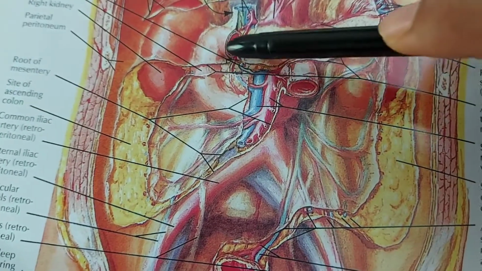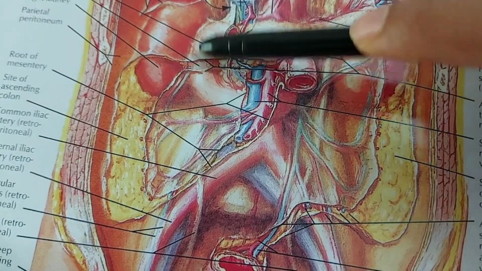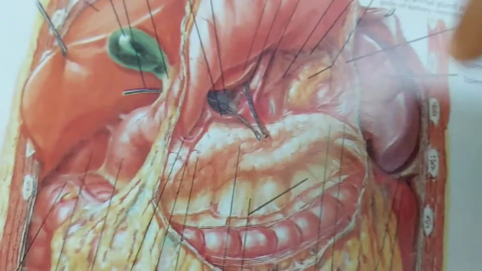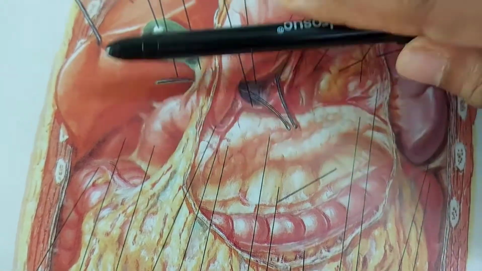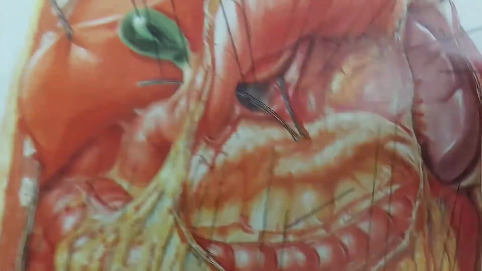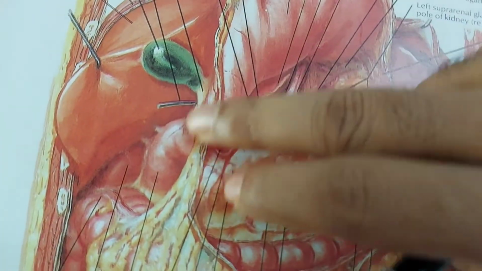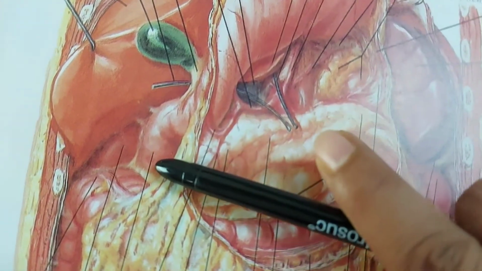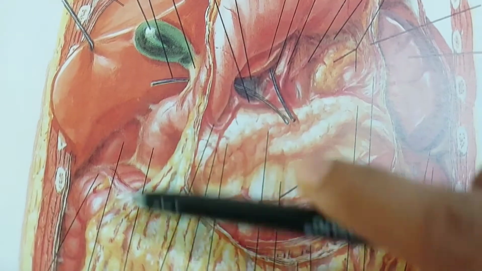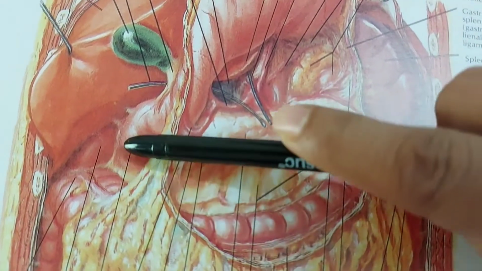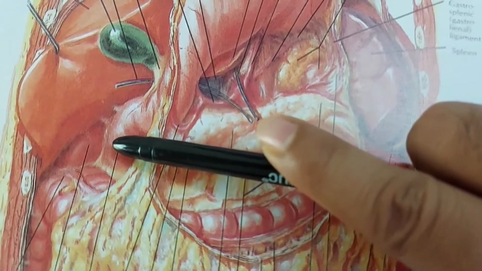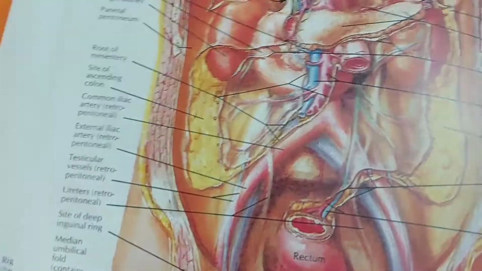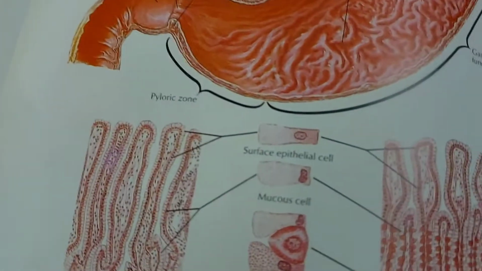Here is the transverse colon. It is anterior to the second part of the duodenum. And here is the liver. If the liver is retracted upward and allowed to settle down, it will remain in this anterior part of the second part of the duodenum. And sometimes the coils of small intestine remain in this anterior part of the second part of the duodenum. In the posterior side of the second part of the duodenum, we can see